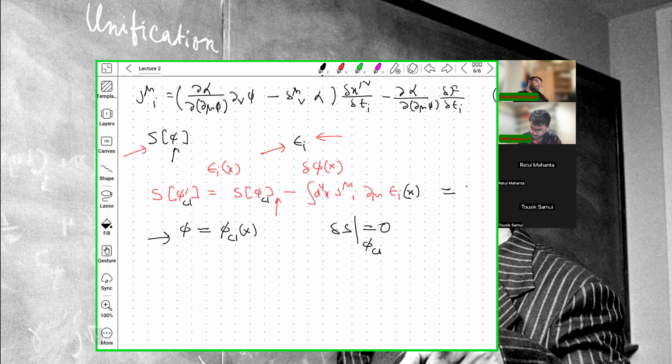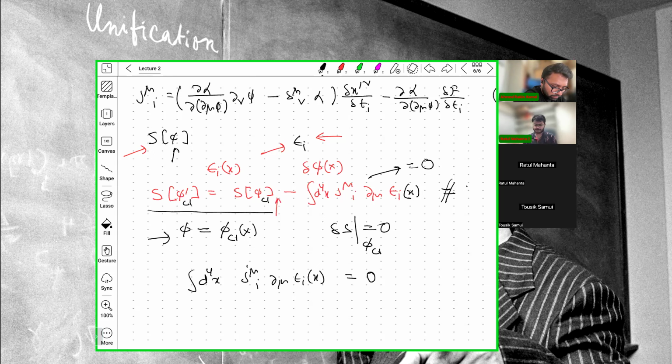these two should be equal. Therefore, the second term should be equal to 0. So whenever the action has a global symmetry, this vanishes, but when you compute around phi classical x, this implies